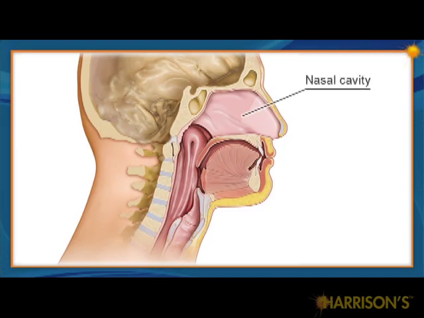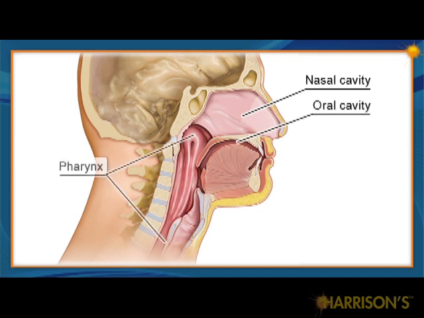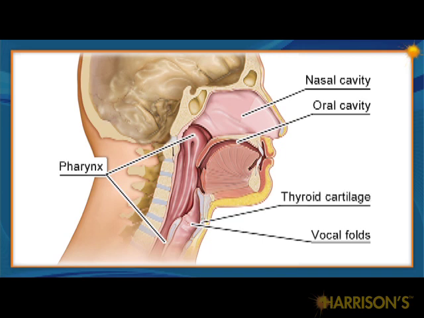The upper airway consists of nasal and oral cavities, pharynx, larynx, and main bronchi. The vocal folds run in the AP direction from the thyroid cartilage to the arytenoid cartilage. The epiglottis is a flap of elastic cartilage that folds over the vocal cords and protects the airway from food